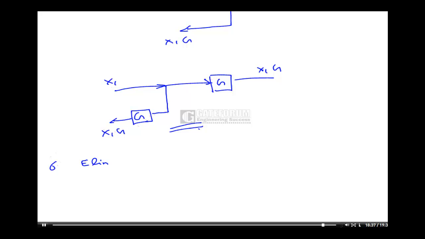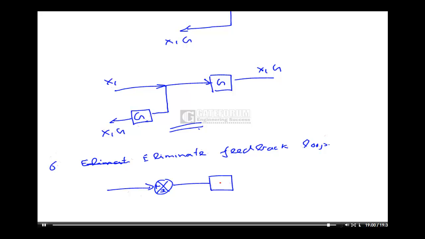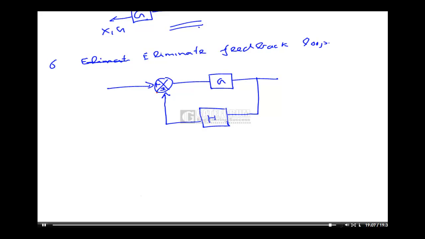If we want to eliminate feedback loop, then this is my R, this is my C. I can write C by R is nothing but G upon 1 minus plus GH. Okay, so in this way we can eliminate the feedback loop and can directly write one block instead of this. Okay, so this way this is